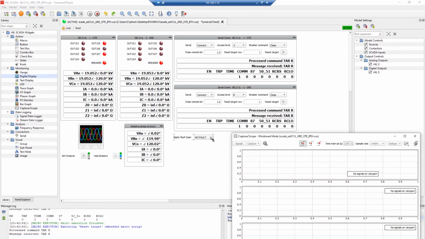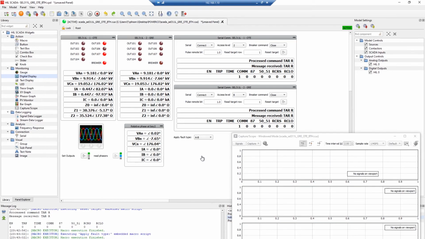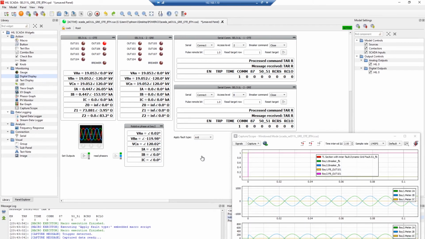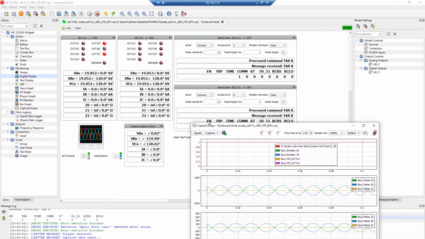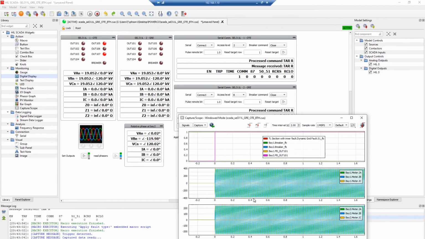Good. Set the trigger and cause a short circuit between phases A and B. So now we saw that relay 2 opened its breaker, and then after some time we saw that relay 1 also opened its breaker, but the time for operation of those two was